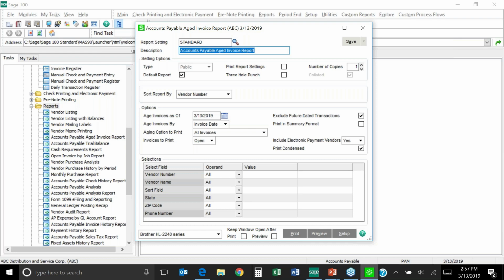I don't believe this is one of the reports that is saved in the paperless office functionality. I know that it does keep some reports and registers, but I don't believe this is one of them. So if whoever asked that question could give us an example of how far back, was it last month's aging report that was misplaced, or one from 3 or 4 months ago? That will be helpful as well. And then the only thing that I would suggest from this point forward, especially if the answer is no, you can't go back and do it,